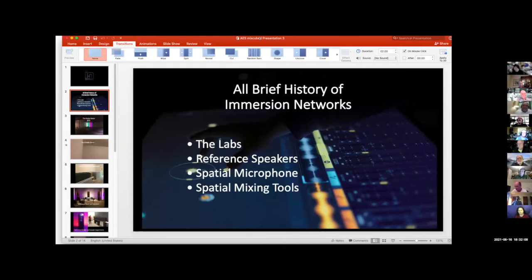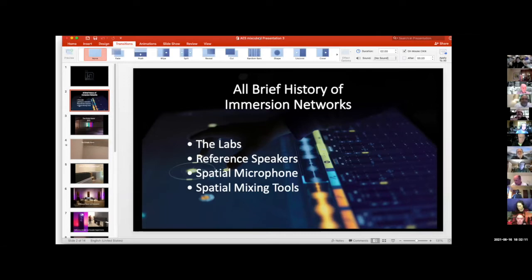Excellent. All right. So I'm going to go through just a little bit about the facilities we have in Redmond. We call them the labs. I'll talk about some reference speakers, spatial microphone we have also, then we'll get into the spatial mixing tools. I will start off with, this is where we were as an empty space in 2015. This is our location for our 3 reference rooms and listening rooms and test rooms. We did quite a bit of wonderful construction in this nice high bay warehouse in Redmond, only a stone throw from